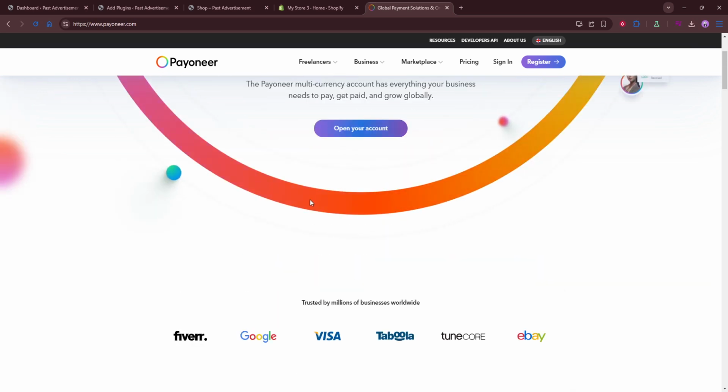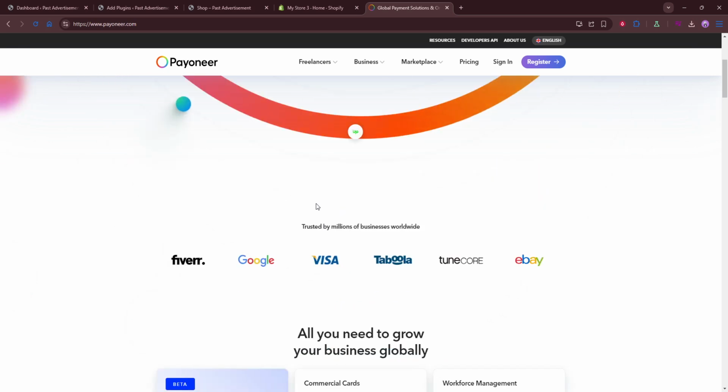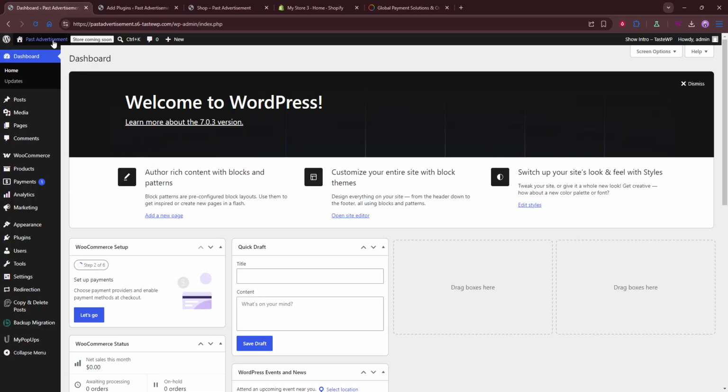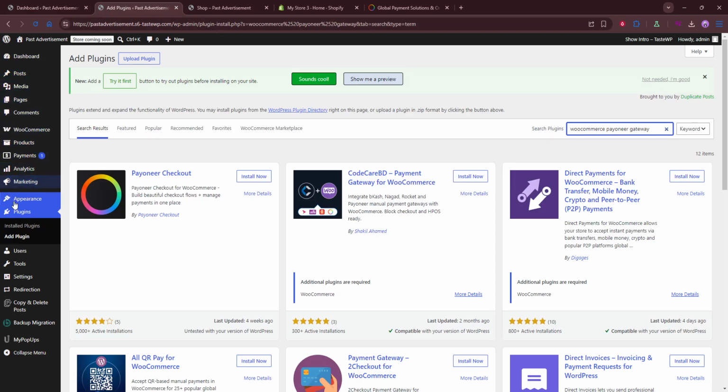Once that's confirmed, open your WordPress dashboard. From there, you'll install the Payoneer-compatible WooCommerce gateway shown in the tutorial. Be careful to use the correct plugin, because payment gateways depend on proper compatibility with WooCommerce and with the provider you're connecting. After the plugin has finished installing, go ahead and activate it so the payment option becomes available inside